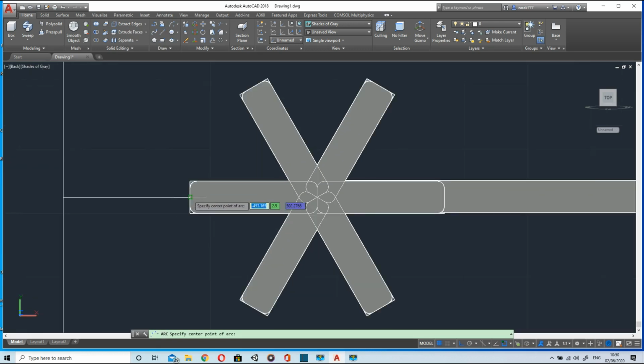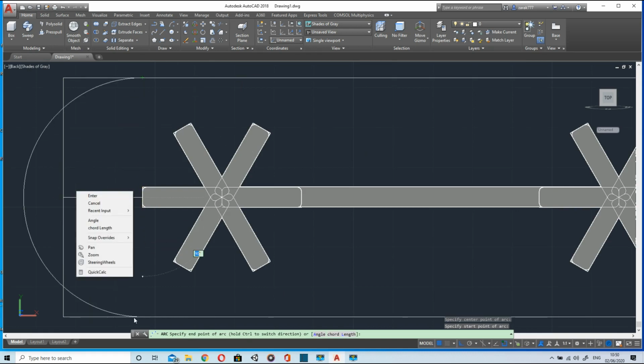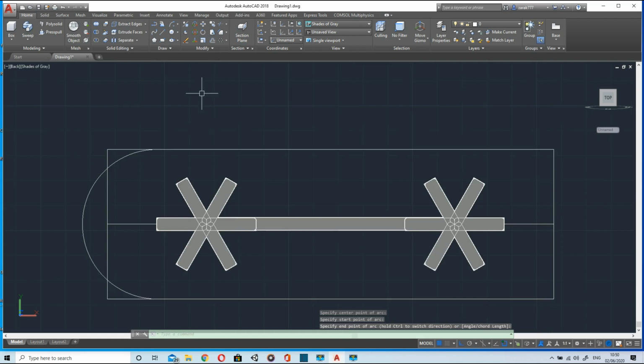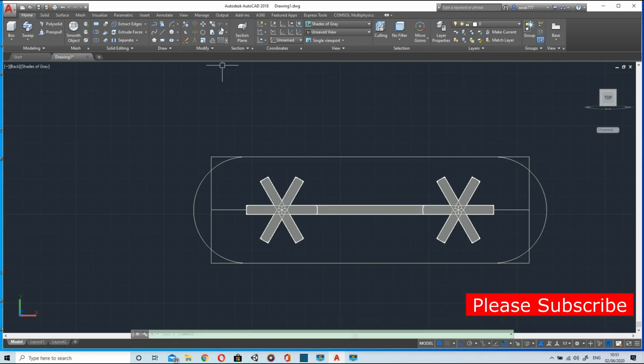I will select this as a center, and then I will move anti-clockwise to draw the arc. For the other part I will do the same. We'll move anti-clockwise till this point. Now trim the excess lines